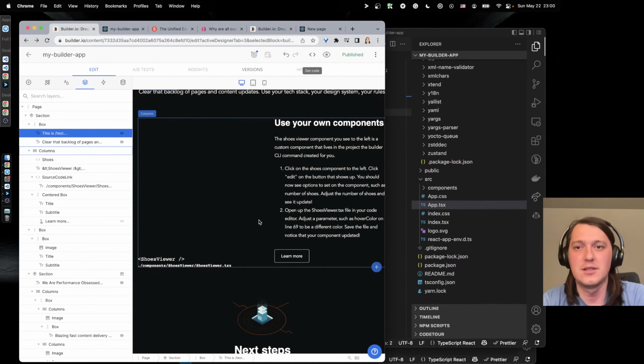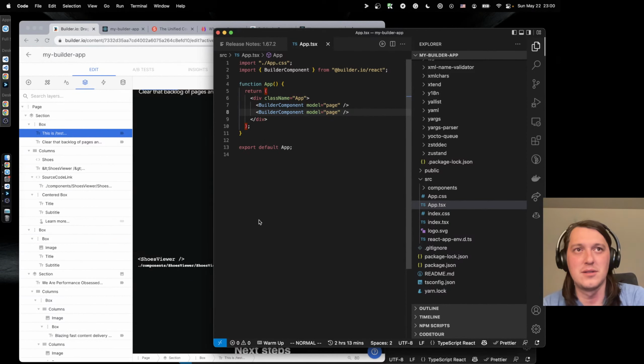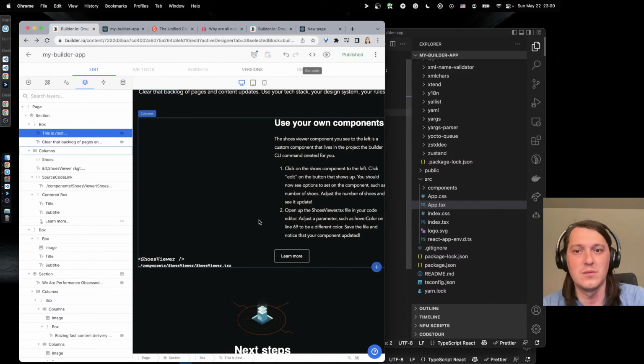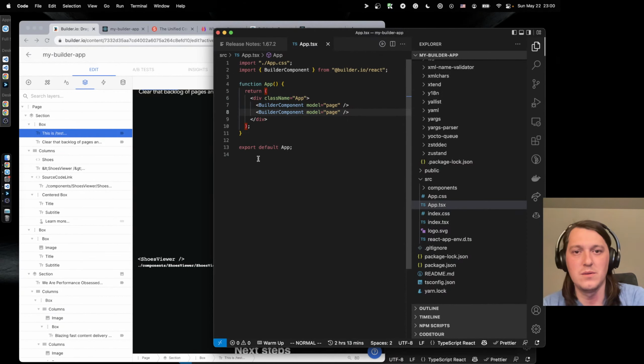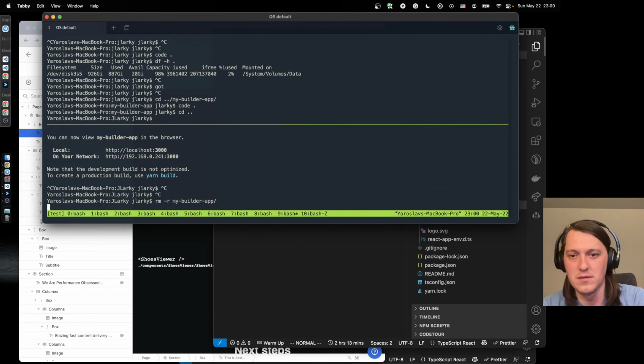So our Next.js integration didn't work, but we saw that when you start this thing, so let's remove it again. A lot of node modules to remove.